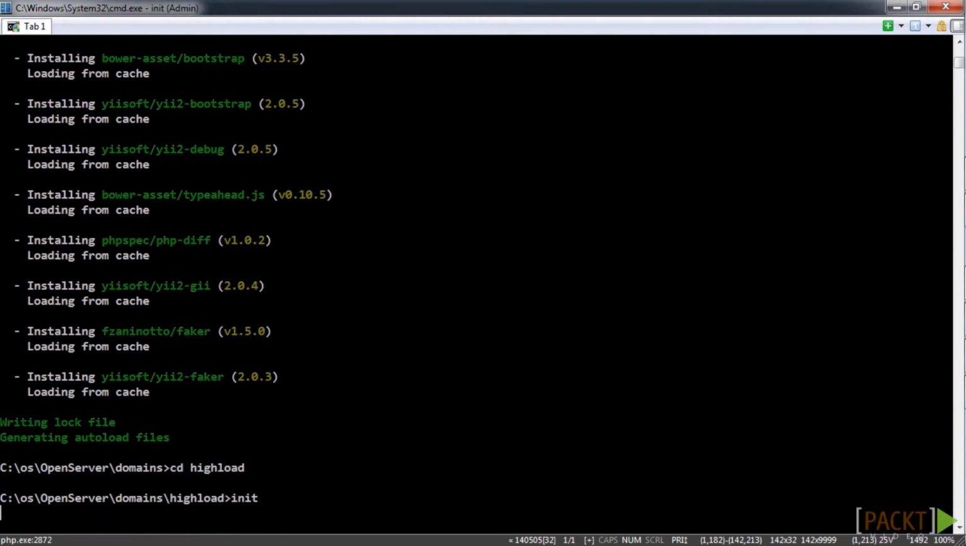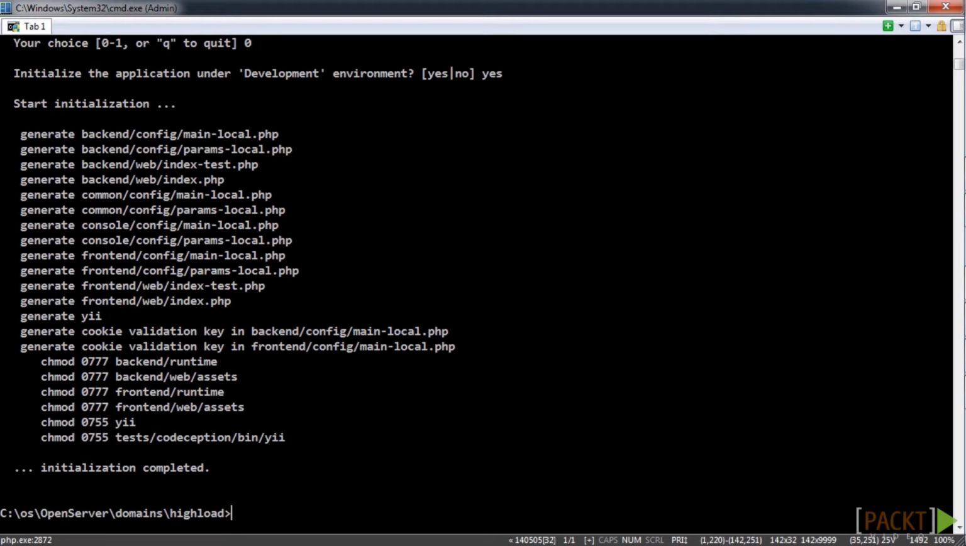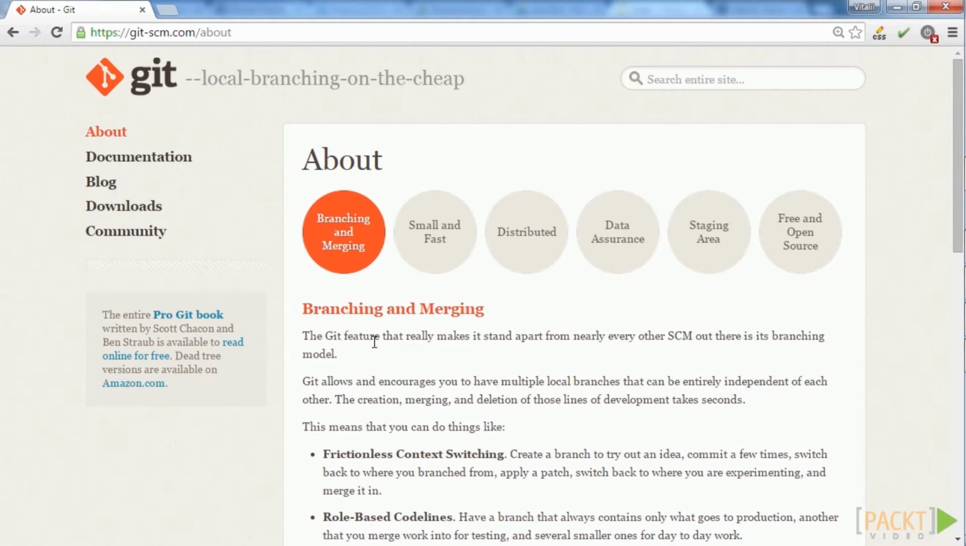OK, now we run the command init for our new application. Cool, we've now installed it successfully. First of all, let's have a look at web page